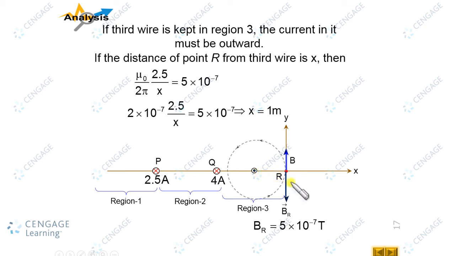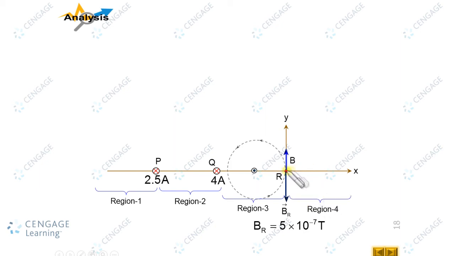Now consider this region, say region number 4. We can get the same sense of the magnetic field, that is in the upward direction, if we place a wire having current in the cross sense. Cross sense is the current away from you. So let us place the wire having current in this sense. This will make the magnetic field in the upward direction, because the magnetic field lines due to this current will be in the clockwise direction. This clockwise magnetic field will make the magnetic field at this position upward.